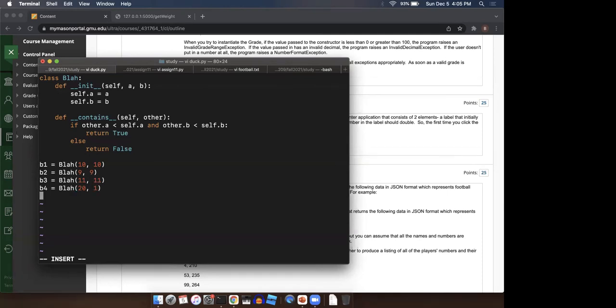And then we'll do maybe B5 as 1 comma 20. Okay, so you've got a bunch of different things to test. So the first question is, is B2 in B1? Okay, so the way that this works is with this contains method, I'm going to say, all right,